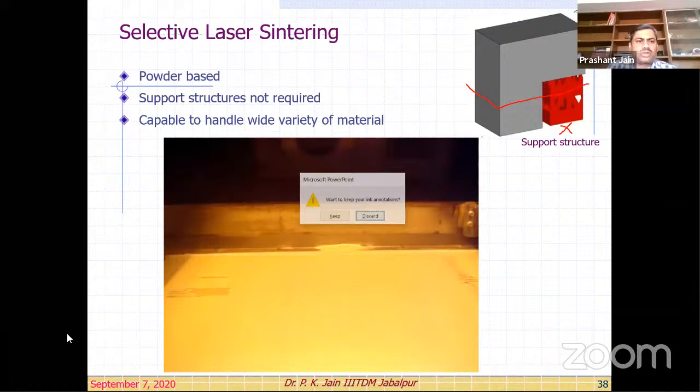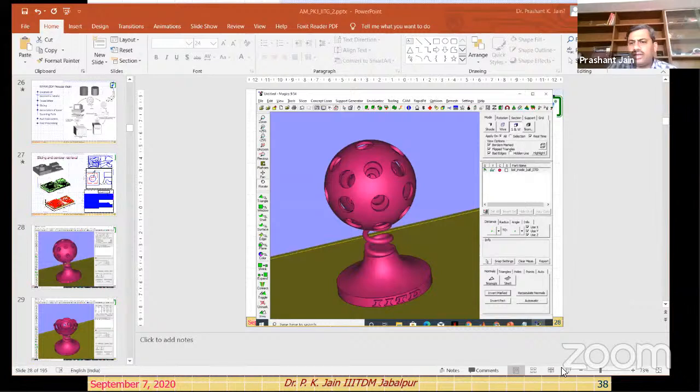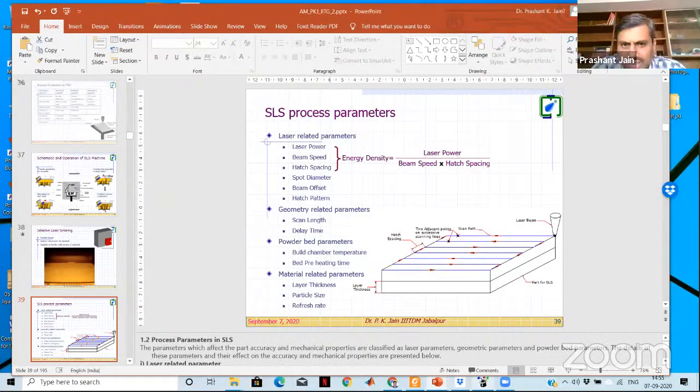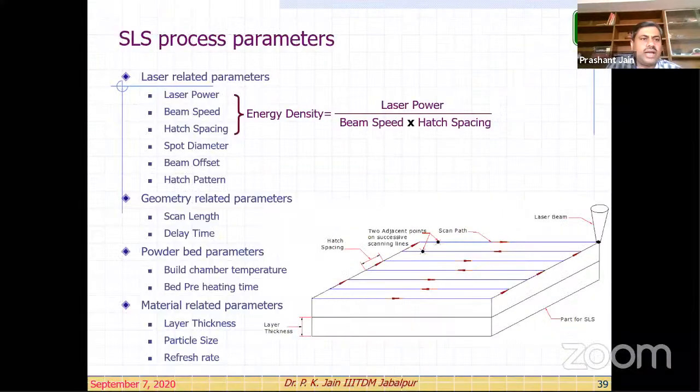Here so many process parameters are there, right? So these process parameters have to be carefully controlled to have the powder material properly sintered.